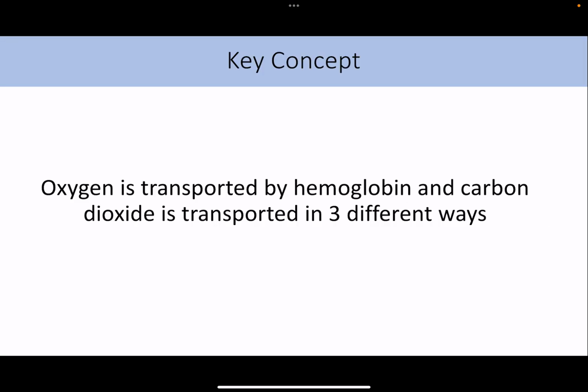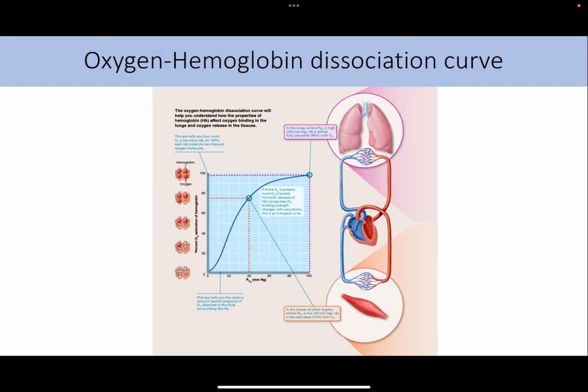All right, so oxygen is transported by hemoglobin, and carbon dioxide is transported in 3 different ways, and you have to know all those 3 different ways, and we'll talk about those individually. But I gave you all a paper about what's called the oxygen hemoglobin dissociation curve. And what this is going to tell us is